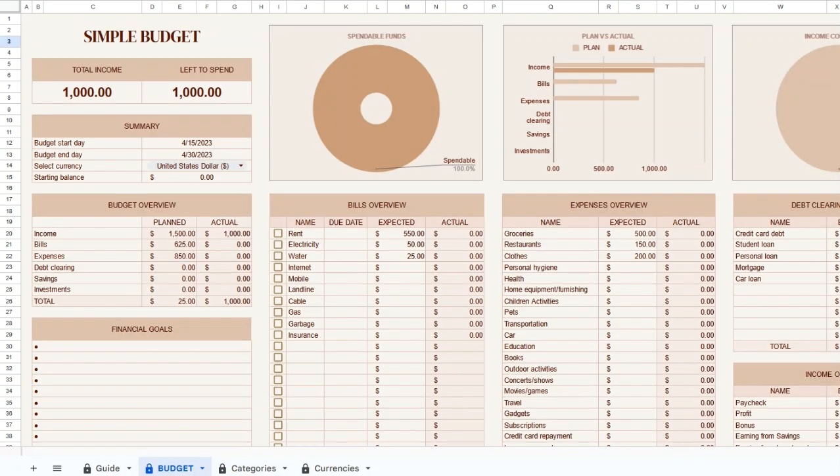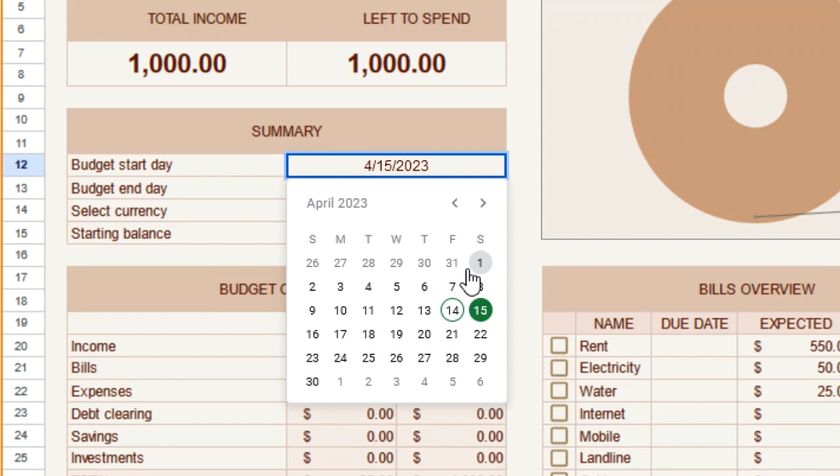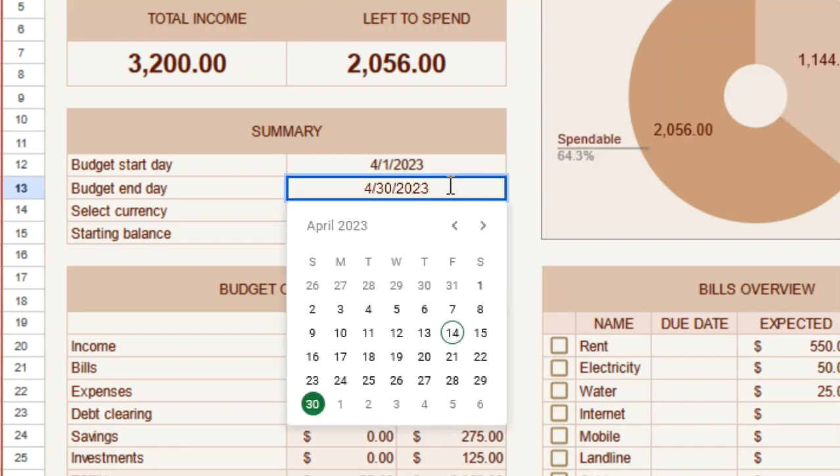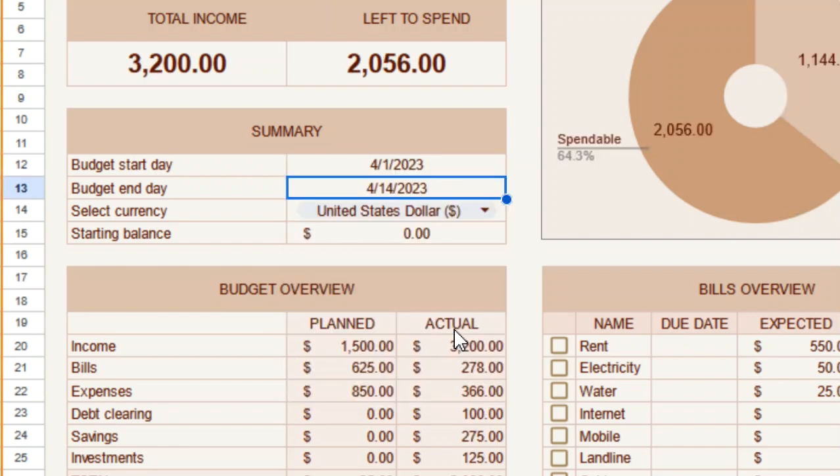The Budget tab is where you will be recording all your budget and actual spending and income, and it's the tab you'll keep using regularly. Let's start by taking a closer look at the Budget tab. Here you can pick a start and end date for your budget. These dates can be any period of time, whether it's a week, month, year, or any other time frame that suits your preference. The transactions you record below in the transaction form will only be picked up if they fall